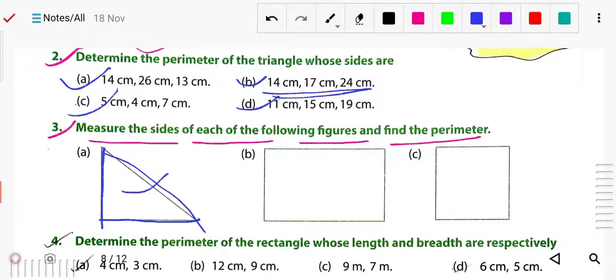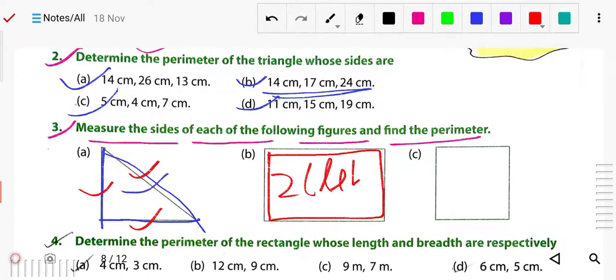First you have to measure by the help of scale, you have to find all the three sides, and then you have to find its dimension. Okay, means the perimeter you have to find. Suppose that this is the rectangle, so measure all these sides, and then put the formula. Perimeter of rectangle is 2 into L plus B, and solve on this.